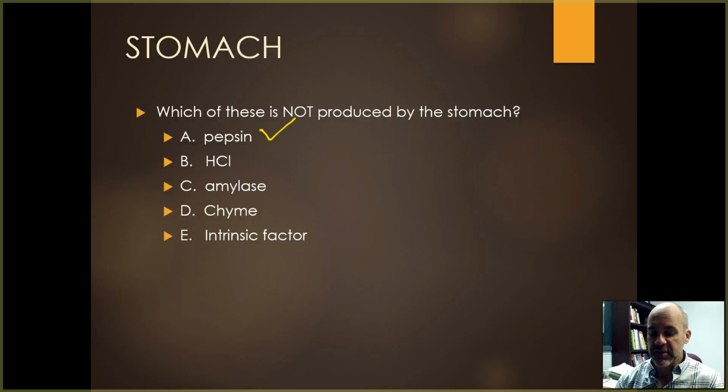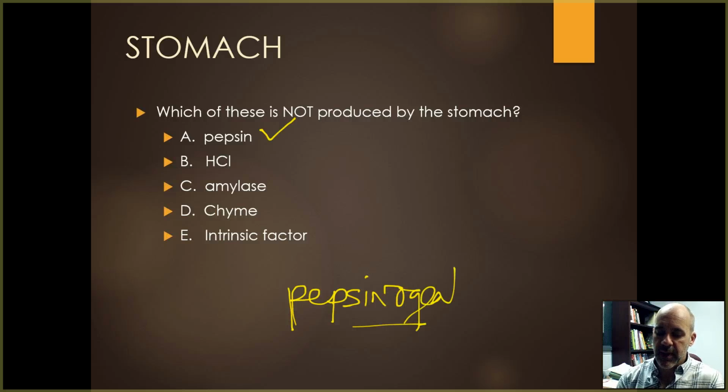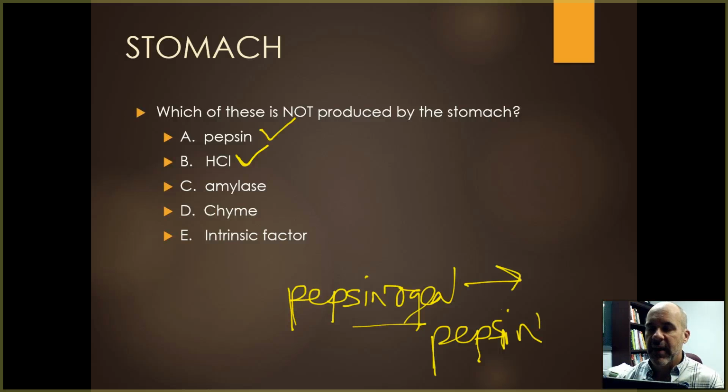Remember, the stomach first makes it as pepsinogen. That's an inactive form. And then the HCl, that's also made by the stomach. That's your hydrochloric acid that's released out of those gastric pits. That converts pepsinogen, and you guys have seen the inogen term multiple times this semester. Inogen tells you it's an inactive form. The hydrochloric acid converts it to pepsin, and now pepsin can start partially digesting the proteins